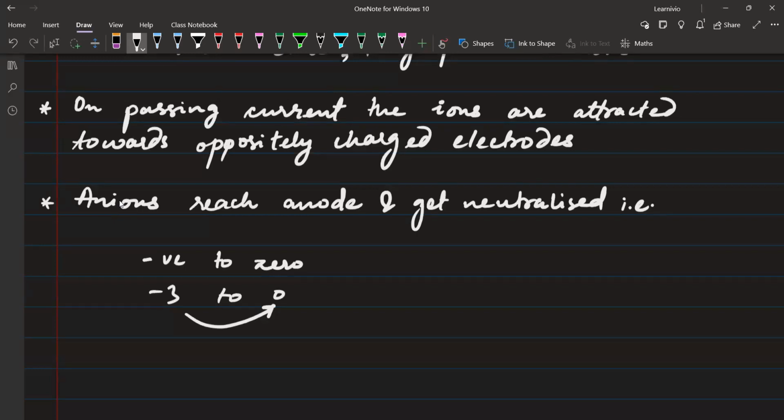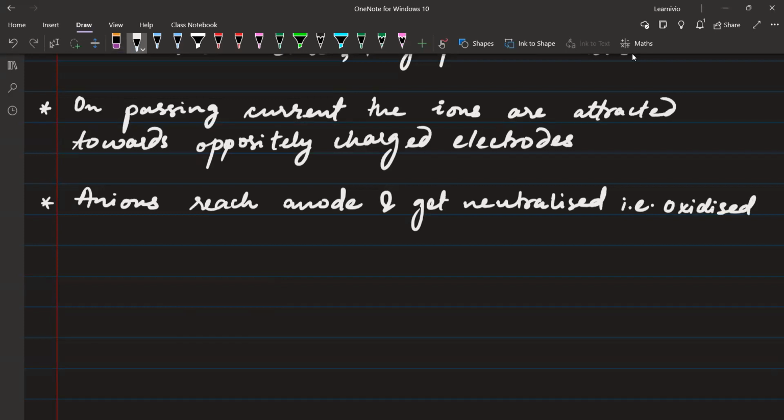So whenever the oxidation state increases, it will be what? Oxidized, na? Oxidation हो रहा है. And also because it is anode, oxidation will happen. So anions reach anode and get neutralized. What is the meaning of neutralized? That is oxidized. Next you will write